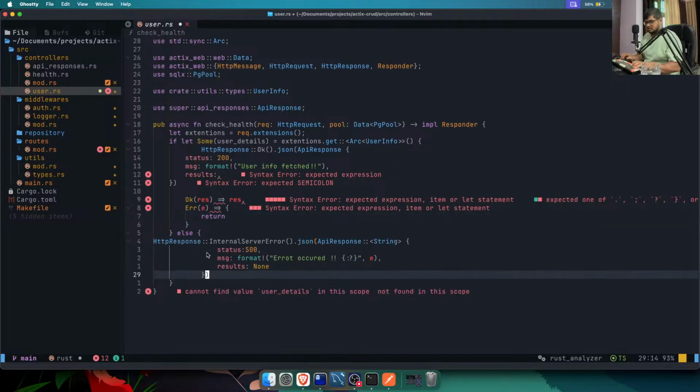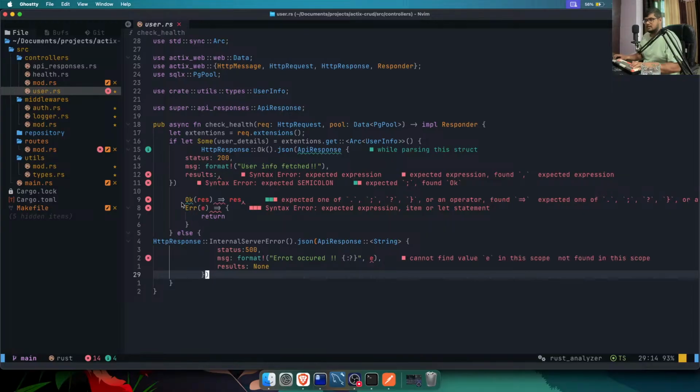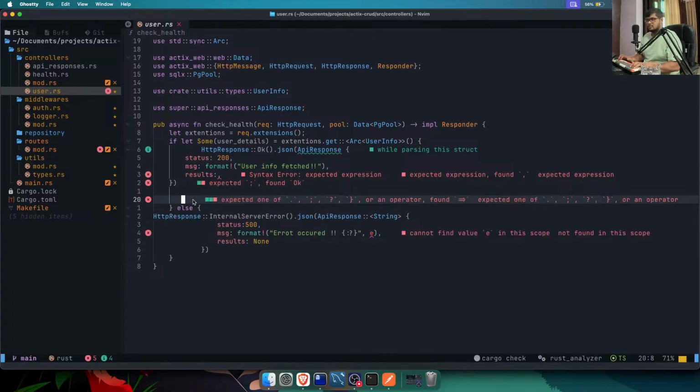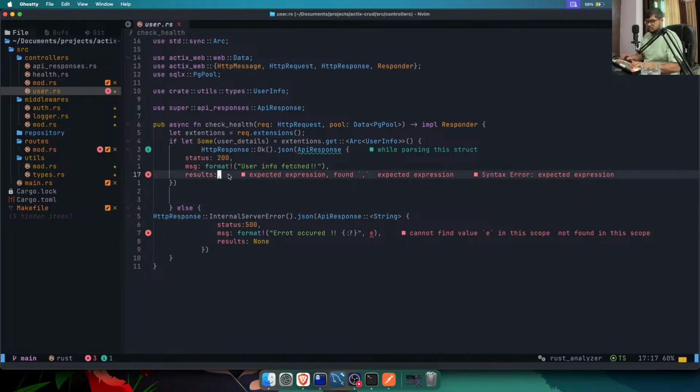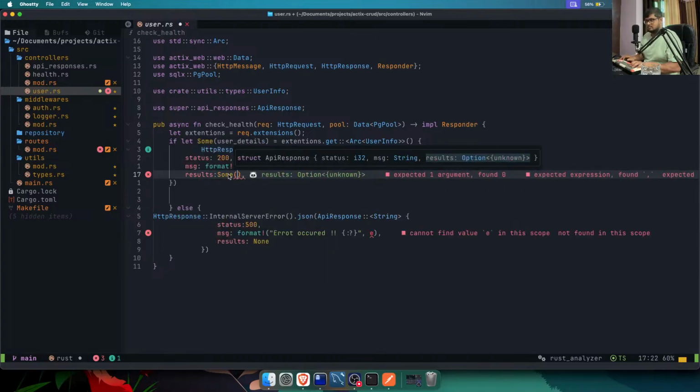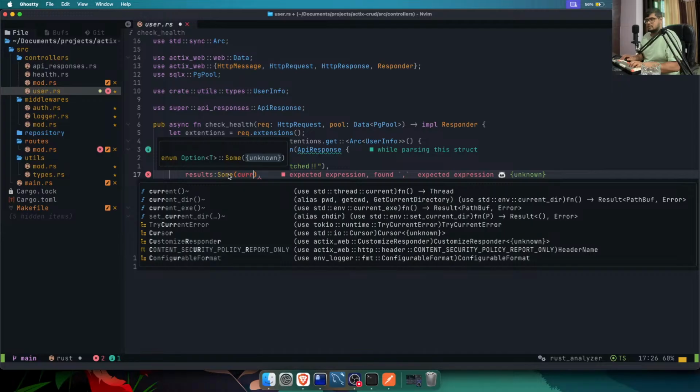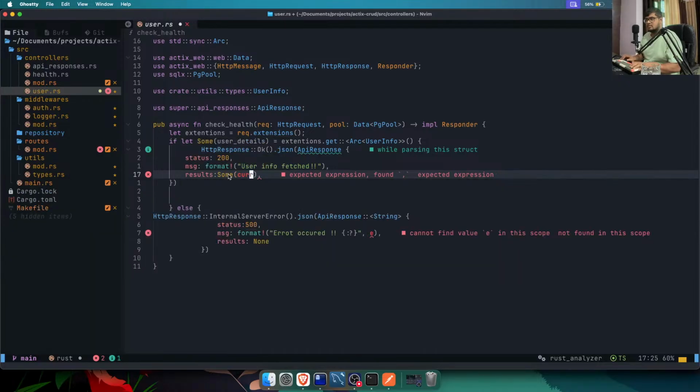It will be returned on error, and maybe I can completely remove this thing. Now here on this part I'll have some user detail,